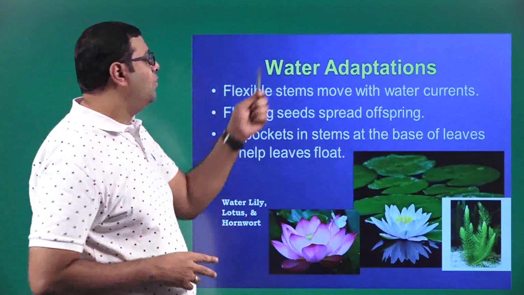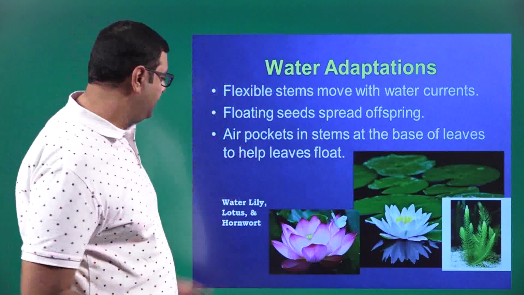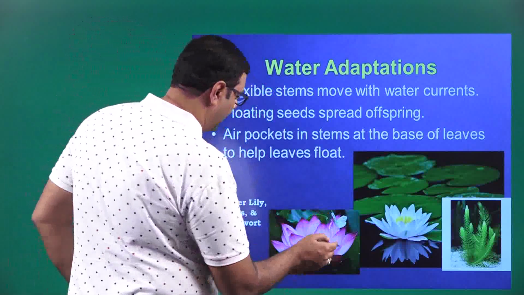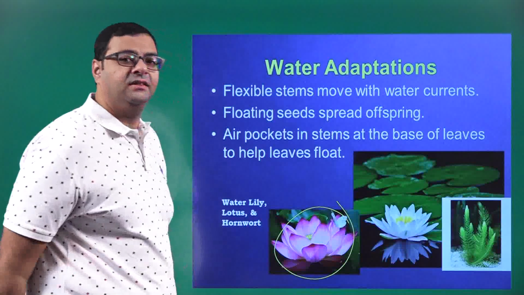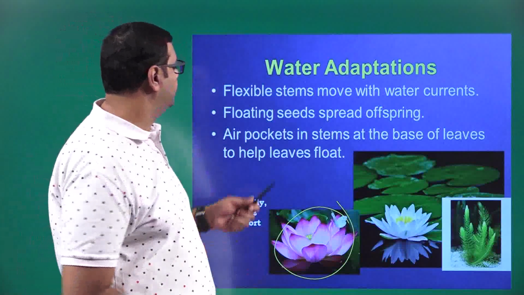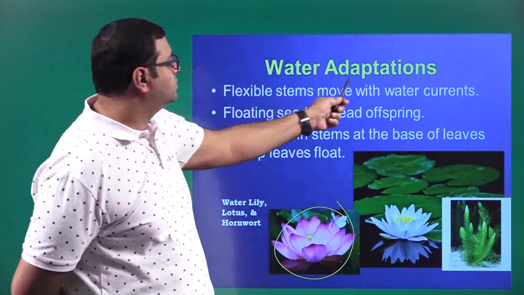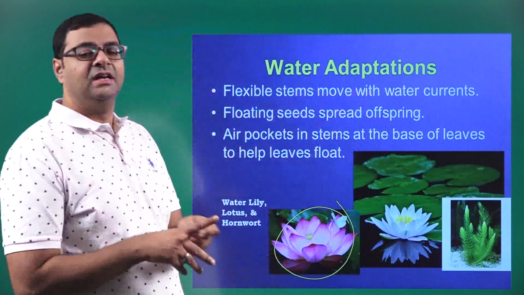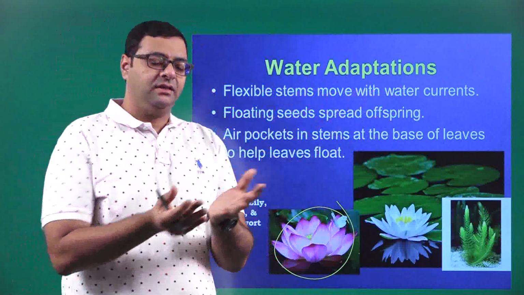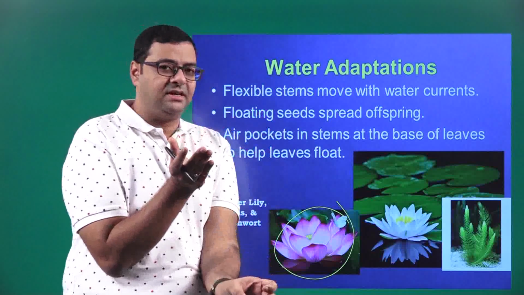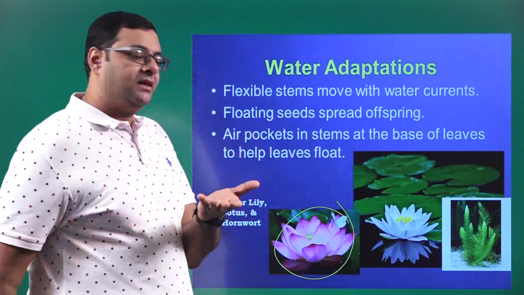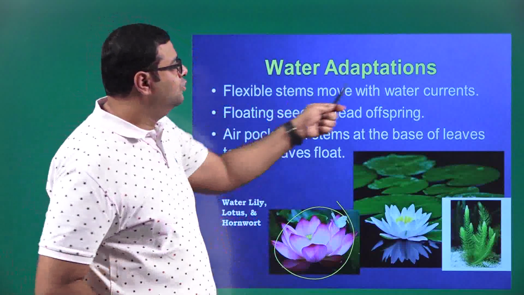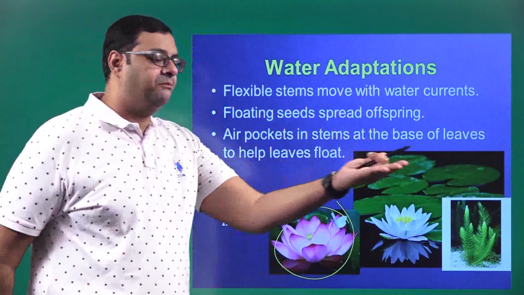Now, water adaptations. We have our national flower here, the lotus. It has flexible stems that move with water currents. If you see a lotus plant, the leaf is on the top, the stem is at the bottom and the flower is on the stem. So the flexible stems move with the water current, and they will be moving along